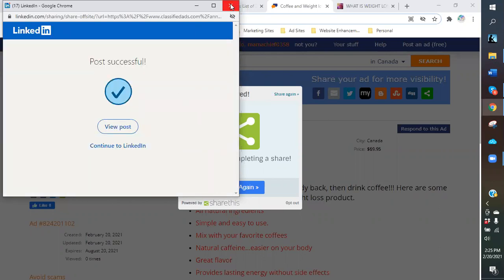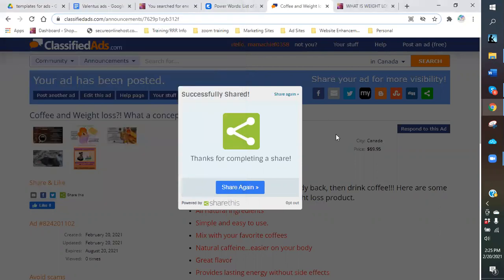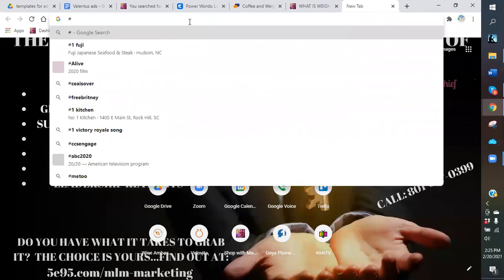So then if somebody comes into LinkedIn and they type in the search, hashtag coffee weight loss or hashtag weight loss, everybody that's used that hashtag in their post, their ad or their post will come up. Same thing on social media. If you use hashtags in your social media at the end, like I do, then anytime somebody clicks on that hashtag or goes into search for a hashtag, yours can come up along with the other searches. So it only works in social media. It works in ads. If somebody goes into Google and they want to do a search for a hashtag,